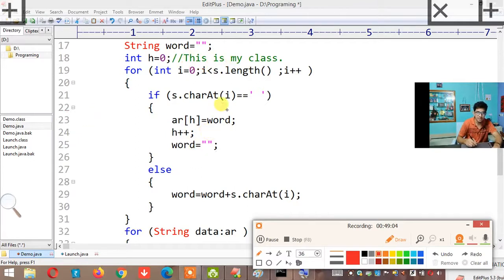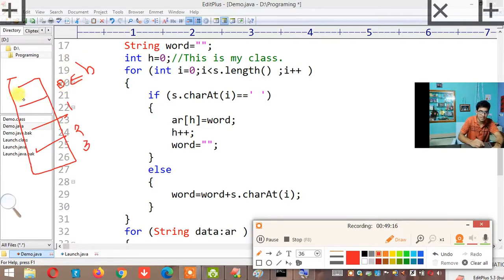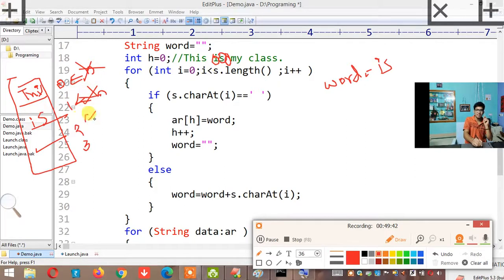Watch here. So what happens is now I have the array like this. Index is 0, 1, 2, 3. Before, h was pointing to index 0, so I have added this. Then I have cleared my word, and immediately I incremented my h. H is pointing here, right? Then I am seeing i and s, so my word will become is. When I see a space here, I am adding the previous word, which is "is", to wherever h is pointing. Immediately I will increment my h. H will point here. Immediately I will clear my word. My word will become an empty string.